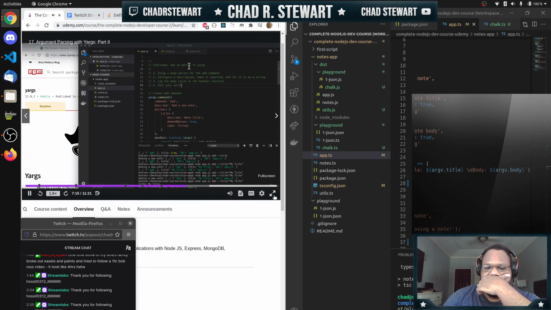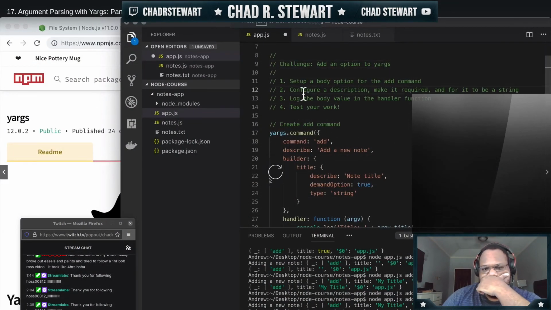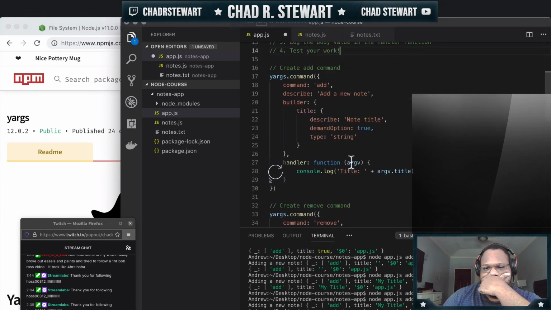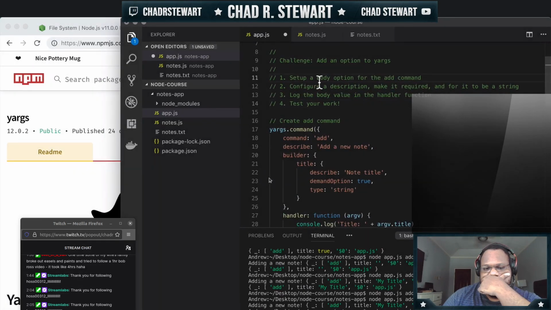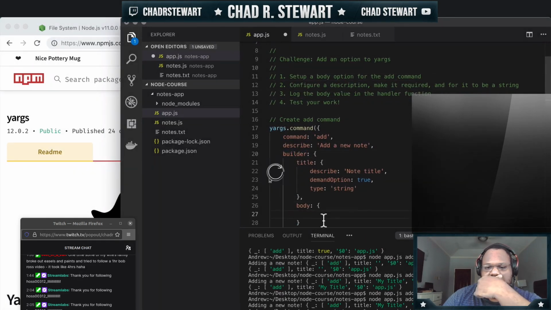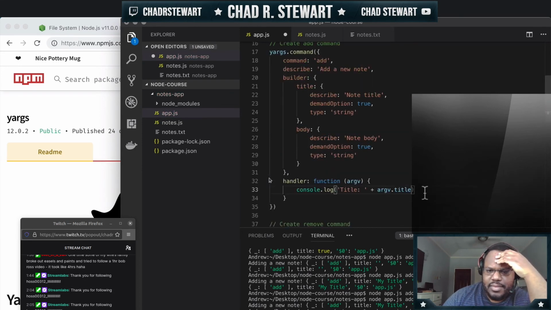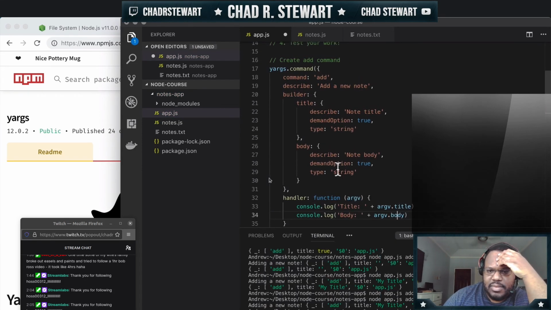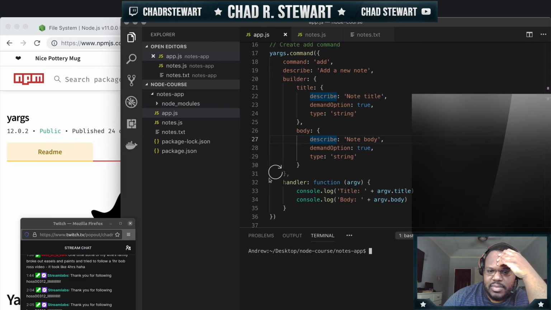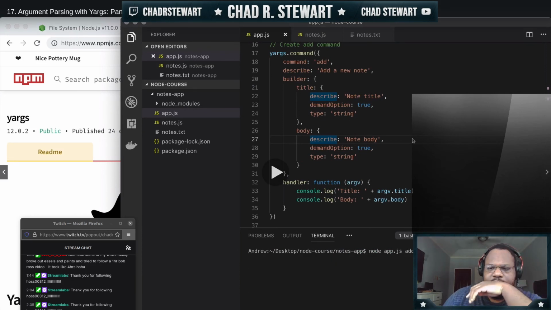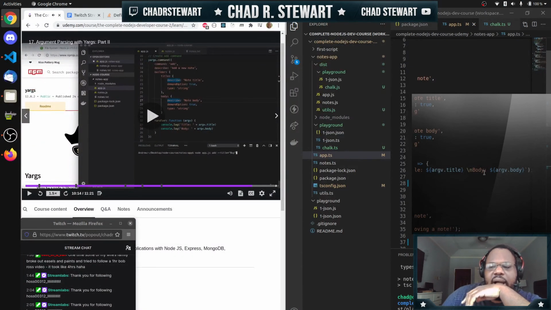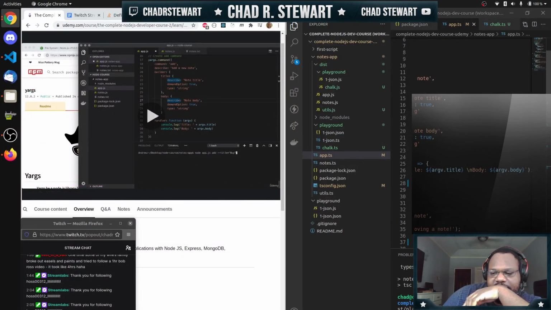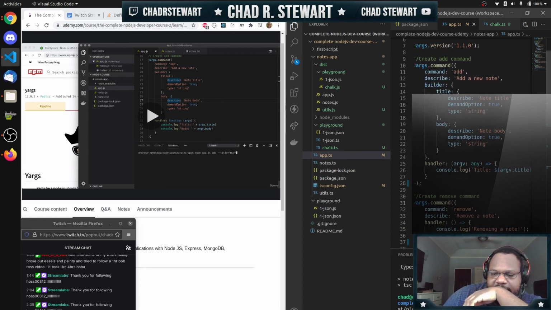To add a new option to yargs, and that's going to be the body value, what we need to do is add a new property onto the builder for the add command. The type is a string. I'm going to add a new one. The body property comes from the same output. I don't think I need a new line. I guess I added a new line here so that it would neatly sit on one line